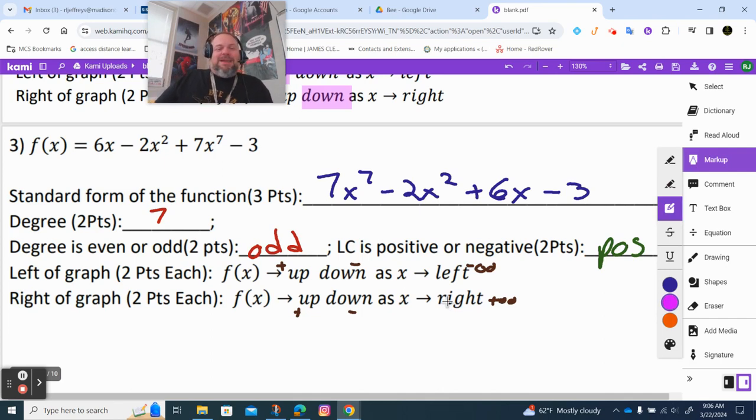All right, our degree is odd. Our LC is positive on the left. As we keep going left, we're zooming out of the picture. Kiddos, if y'all notice that, it's as we're zooming out. All right, as we go left, where does it go? Does it go up or down? Down. And the right would go up. Okay. That's really what's happening.